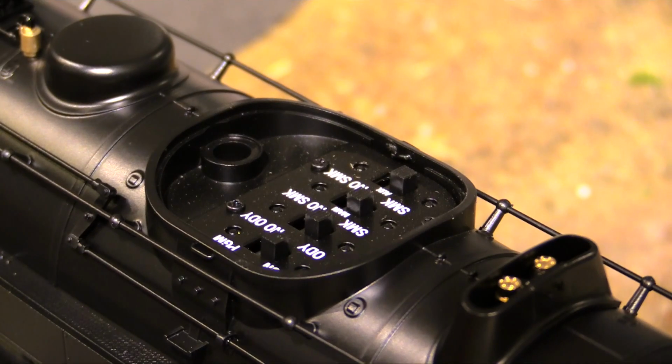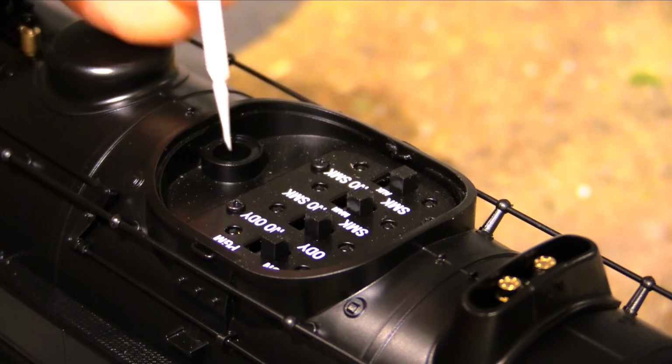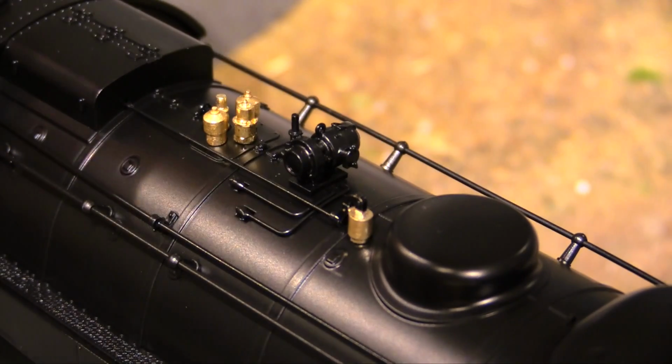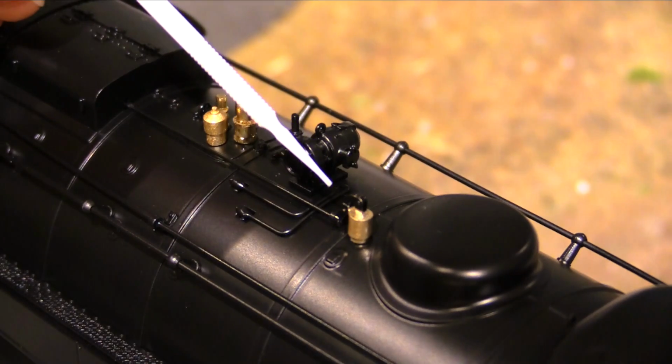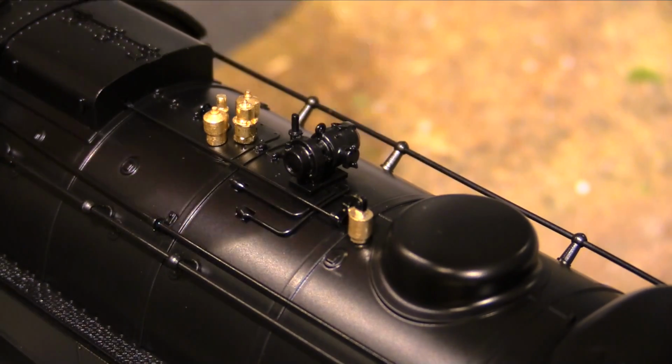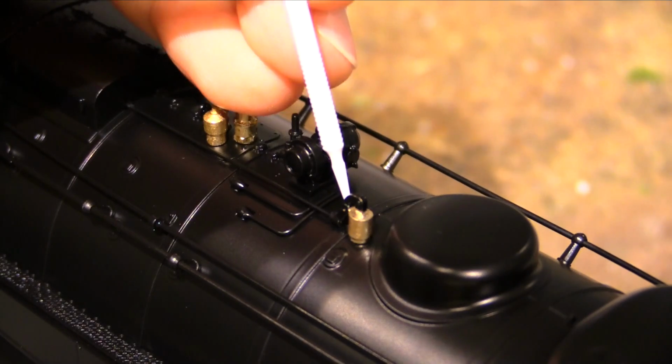So when you need to load smoke fluid into the smoke unit that does the whistle steam smoke effect, this is where you load the smoke fluid. Moving past the sand dome, we've got a steam dome, then we've got a whistle here, and like I said, this engine does have the whistle steam smoke effect, so there's a little hole here behind the whistle, and when